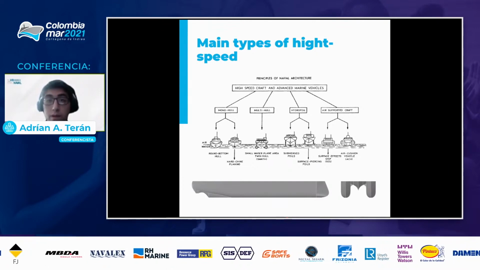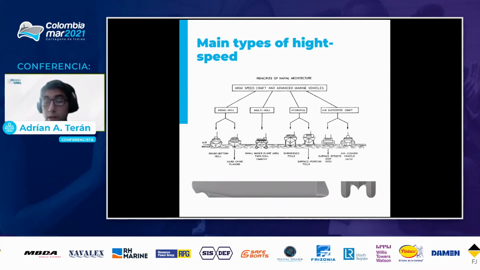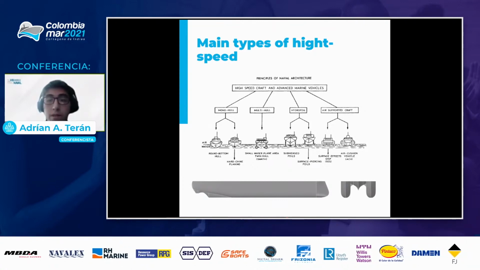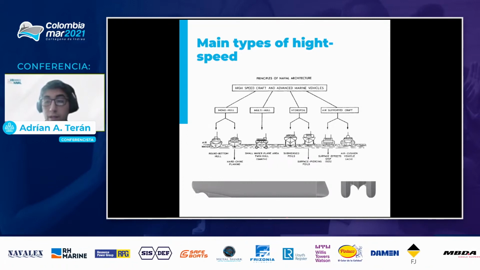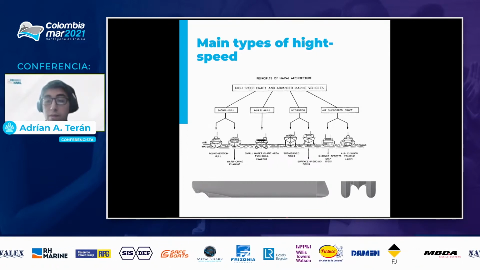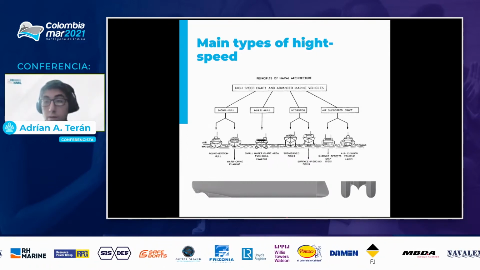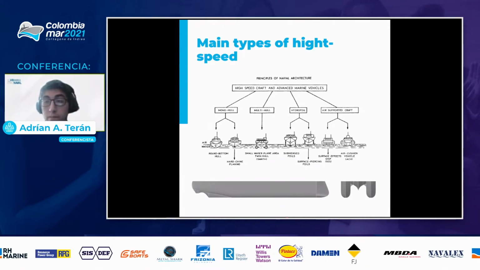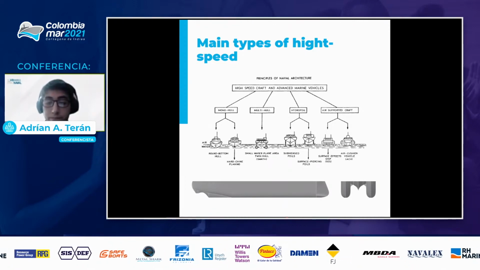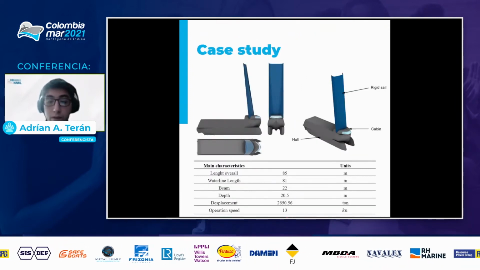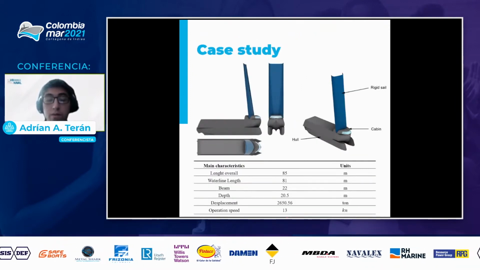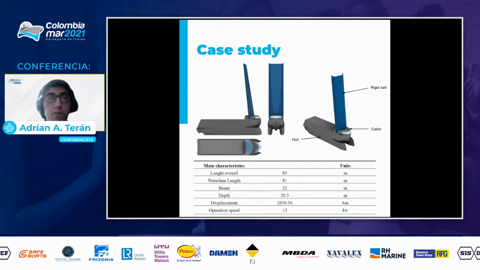Because when we use a rigid sail, in this case, there's going to be a component generated by the wind, which is going to make the unit list. This can actually be advantageous when it comes to the operation of the ship. Now, in terms of the case of study, this is